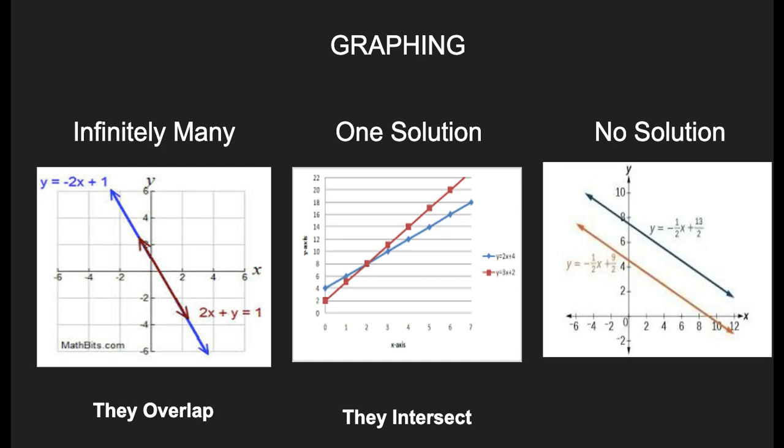For no solution, you should notice that your graph would look something like this. Whether the lines are going in a negative association or a positive association, either way, they are a set of parallel lines. And this is how you would go by identifying your types of solutions within system of equations, as well as